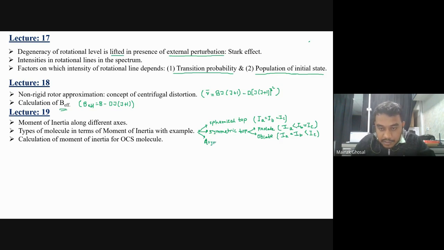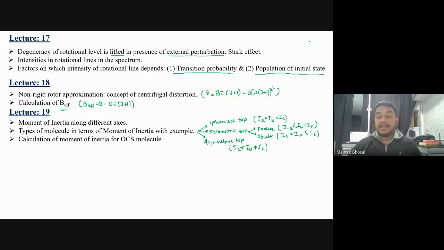As asymmetric top. For this, the condition should be Ia is not equal to Ib, which is not equal to Ic. So these three types of molecule were discussed. One could be spherical top, for which Ia